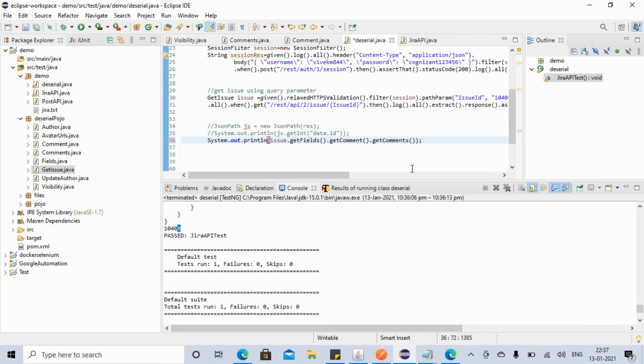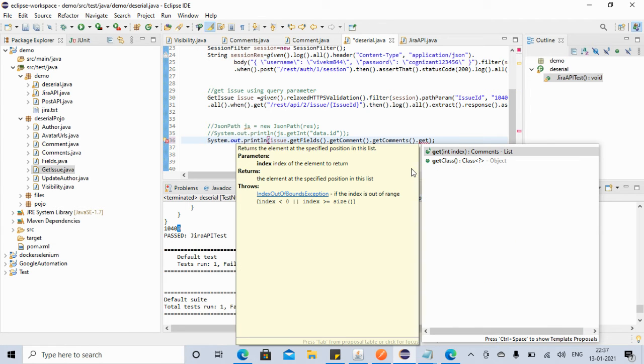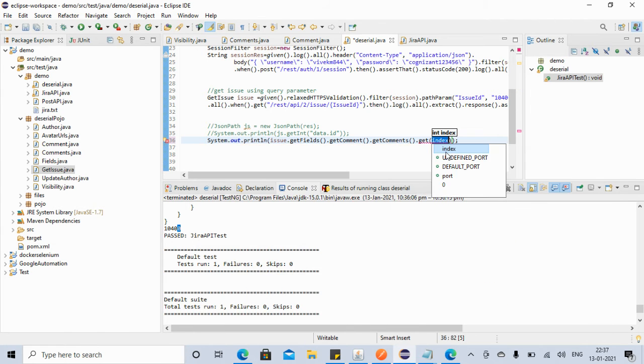Suppose you want the first comment, so you can say 0. If you want to see all the comments, we can use a for loop and just get the size of these comments. After get comments, this is a list, so we can get the size. We can do it that way.